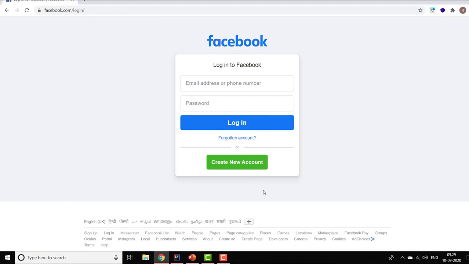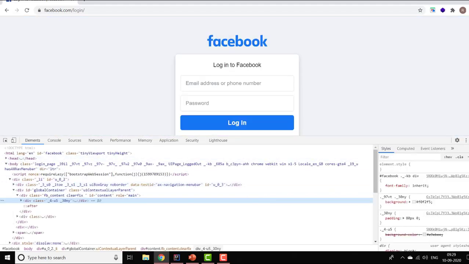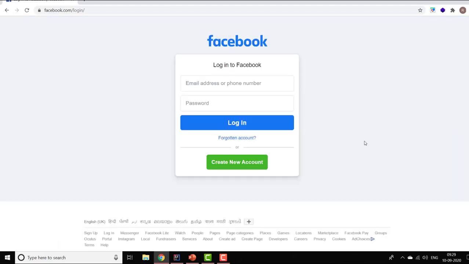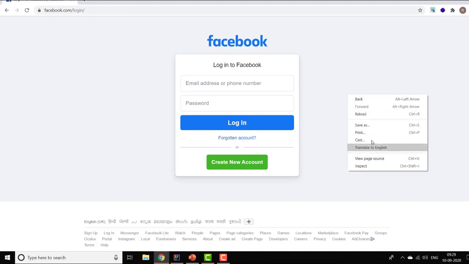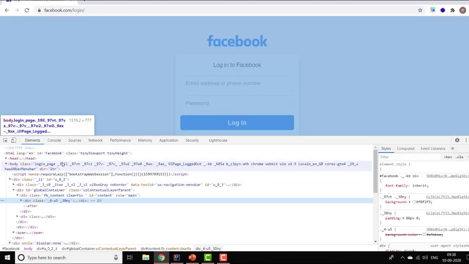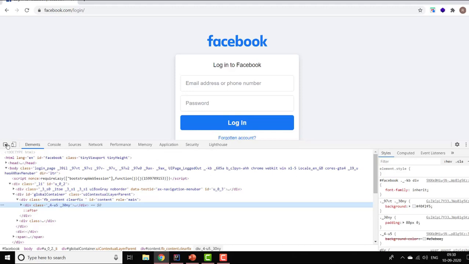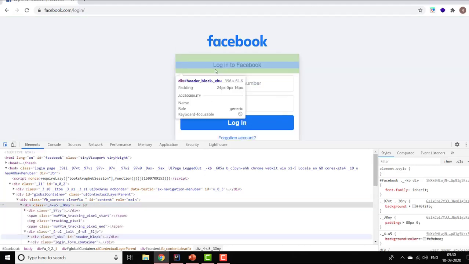We need to open the inspector, the developer tools. So this is the developer tools. To open this, let me close it once and then show you. Right click on the screen at any place and then click on Inspect. It will open the developer tools. Now we need to locate the multiple elements. There is this small sign which is the inspector. It is used to inspect the web element. If you click on it and move your cursor on the screen, it will locate the elements.